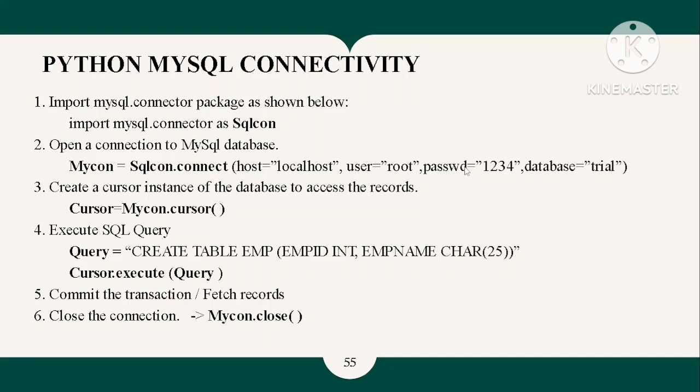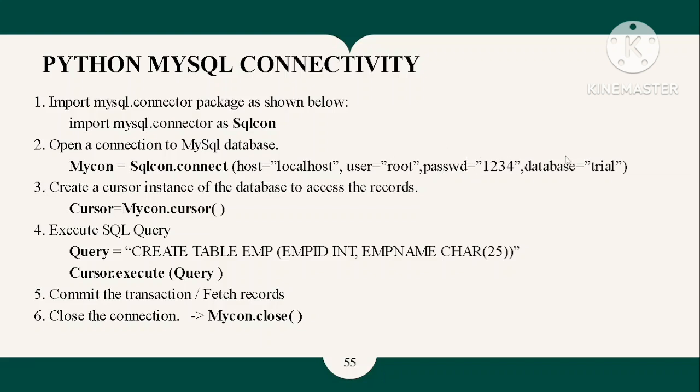So what are the things that you need to establish a connection? The host name, username, password and database name. There are 4 arguments that you need to pass. First, declare an object, a connection object. The connection object equal to MySQL.connector.connect. Connect is the name of the method. Host equal to localhost. These things will be given in the question paper: the host name, username, password. Look at this, password is not given in full form, PASSWD equal to the password